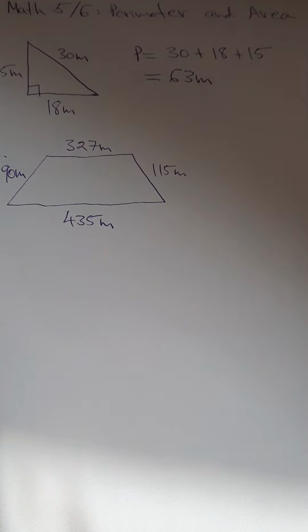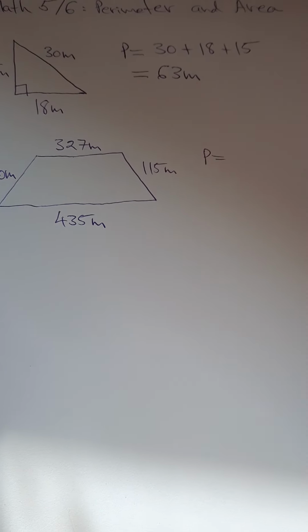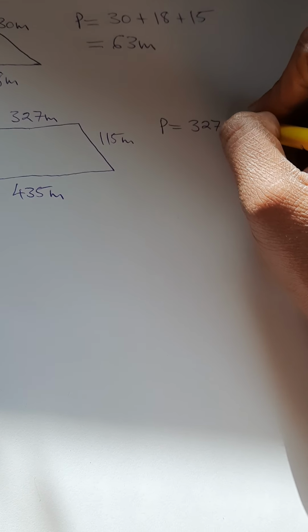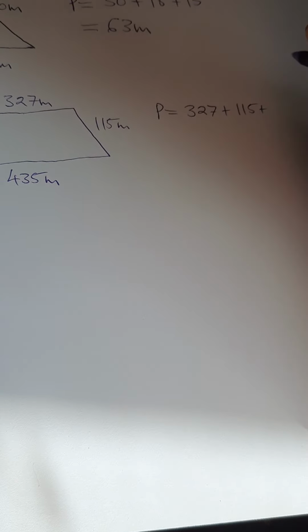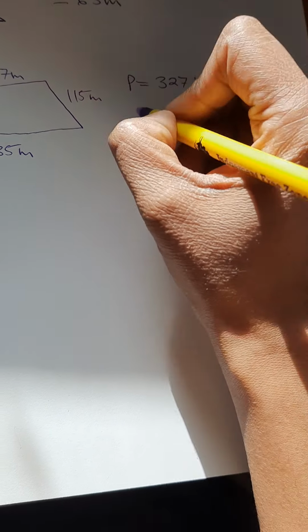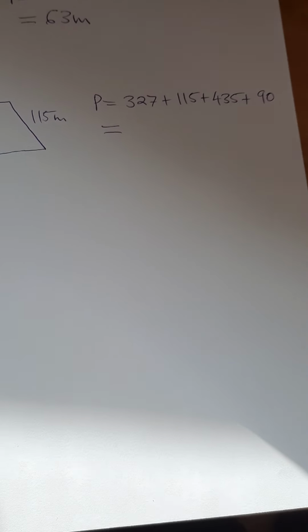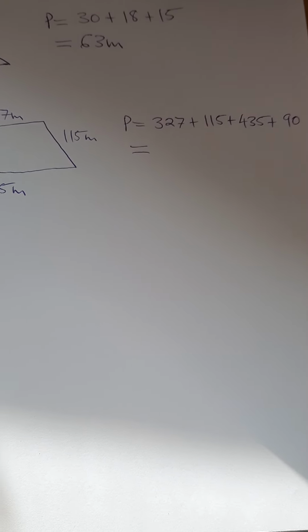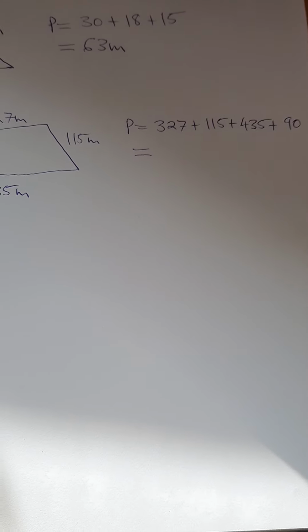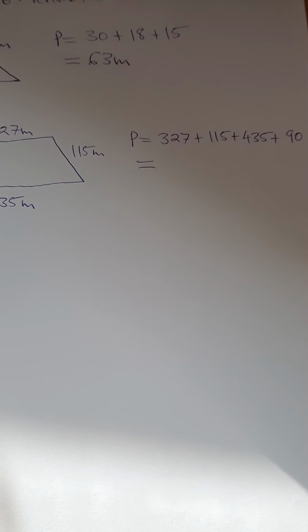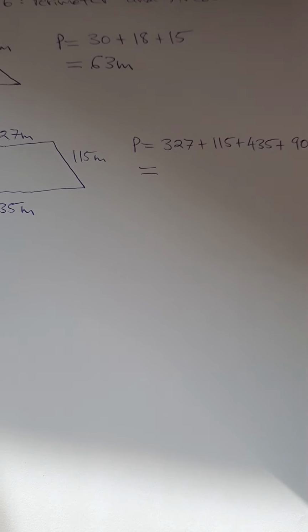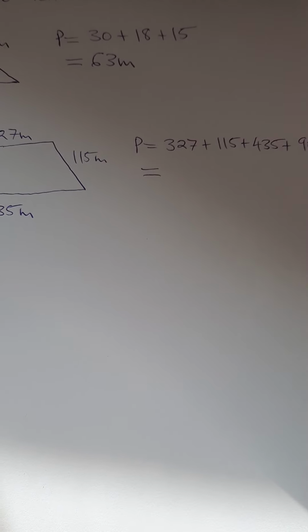The same thing here. We're going to put P equals for the perimeter, and I'm just going to add all the sides together. You do have to show this step, the teacher does want to see that. Just like how I wrote it on the paper here. So we're doing 327 plus 115, plus 435, plus 90, and we are getting